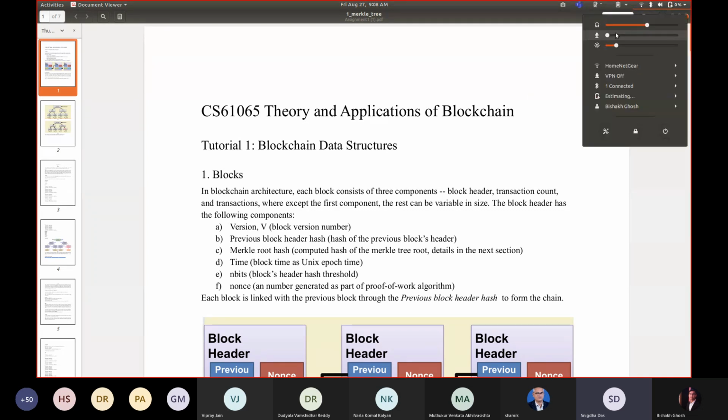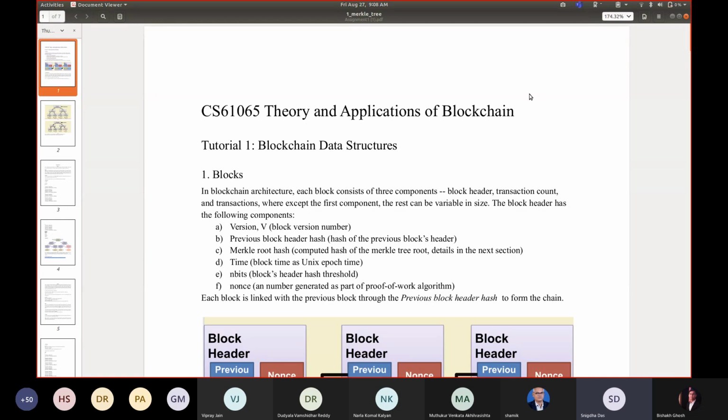Yes. So in this tutorial, we are talking about the blockchain data structures. Basically, the assignment has two major parts.